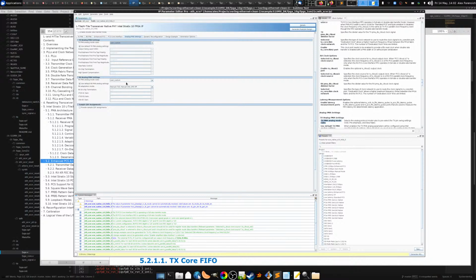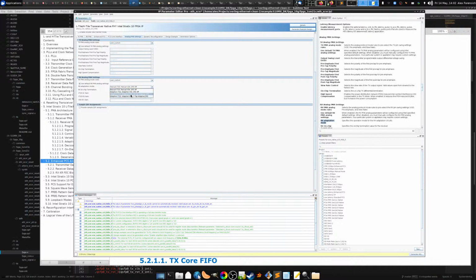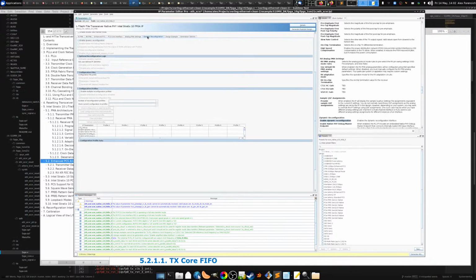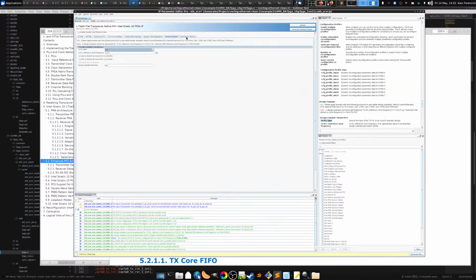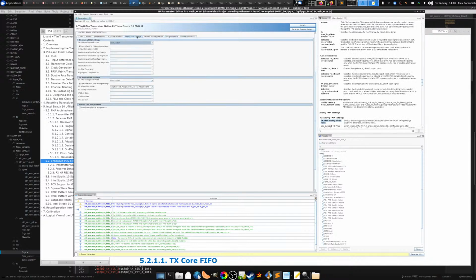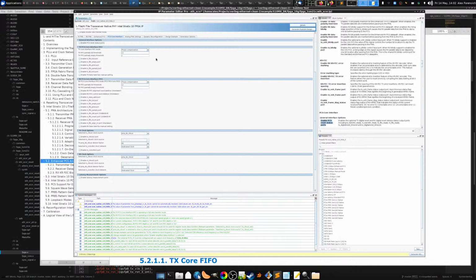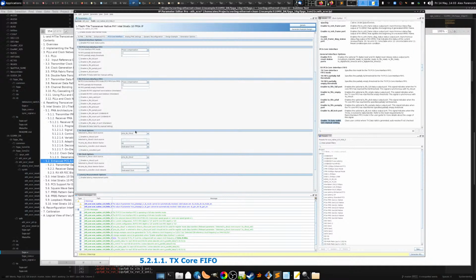Analog PMA settings. We just turn this on, all tap adaptive DFE. Okay, seems okay to me. That off, I don't think I need to do that. PLL type, all right. I think we might be okay here. You just double check. Don't need any of the FIFO ports. Don't need to touch that. I think that's fine. Oh, actually I need to,